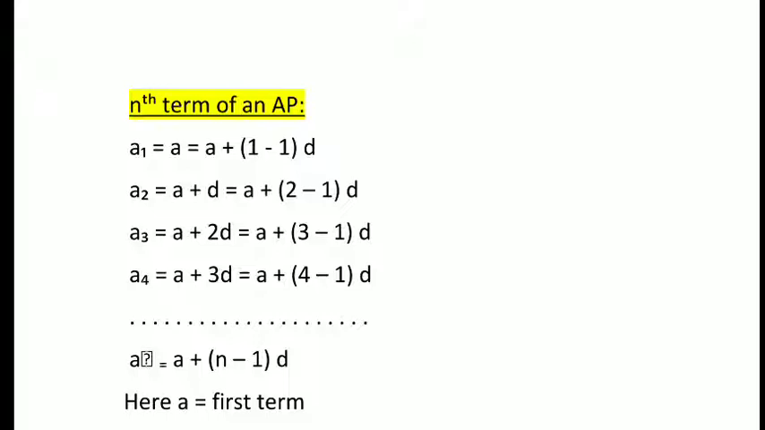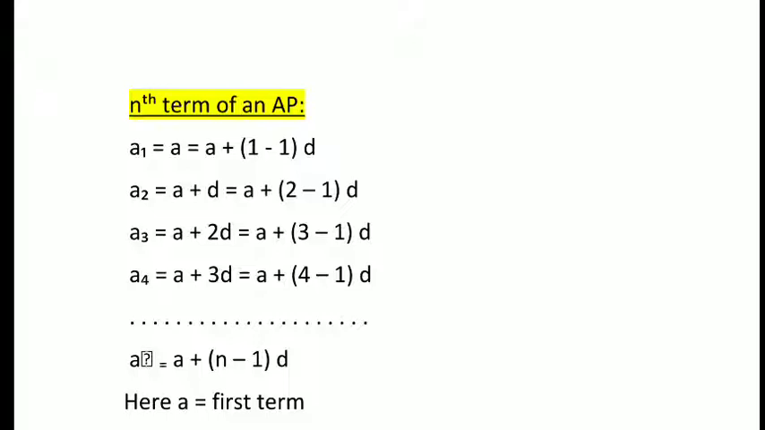So that is why a1 can be expressed as a plus 1 minus 1 into d. And the second term a2, a plus d, can be derived as a plus 2 minus 1 into d. If you simplify a plus 2 minus 1 into d, again you get a plus d, no? 2 minus 1 is 1, so easily you can calculate that a plus 2 minus 1 into d matches